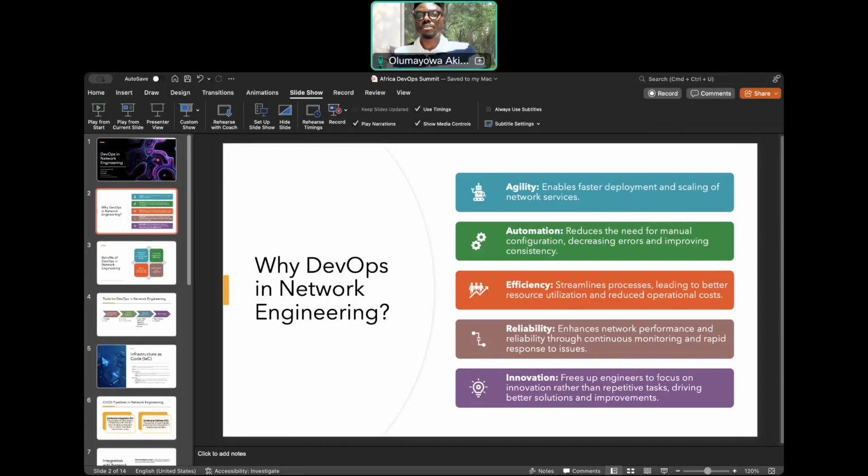Basically, part of the reasons why we try to implement the DevOps culture is agility, which involves enabling faster deployment and scaling of network services. And talking about agility, we're looking at making deployments quite faster than the traditional method of deploying network infrastructures.